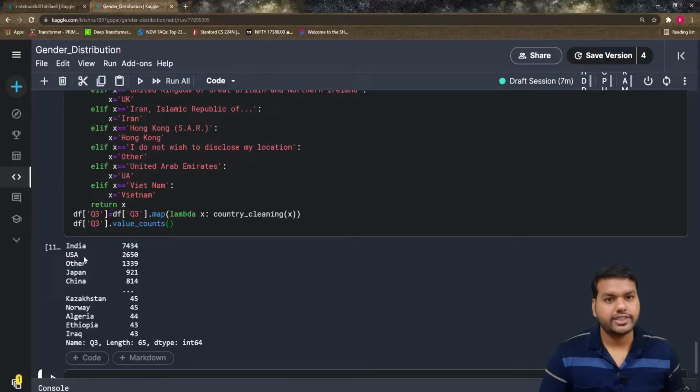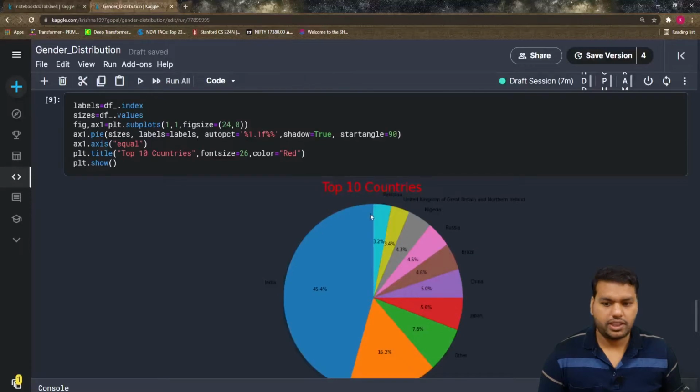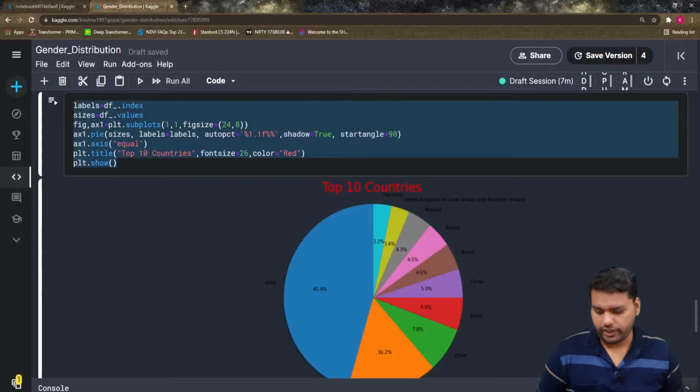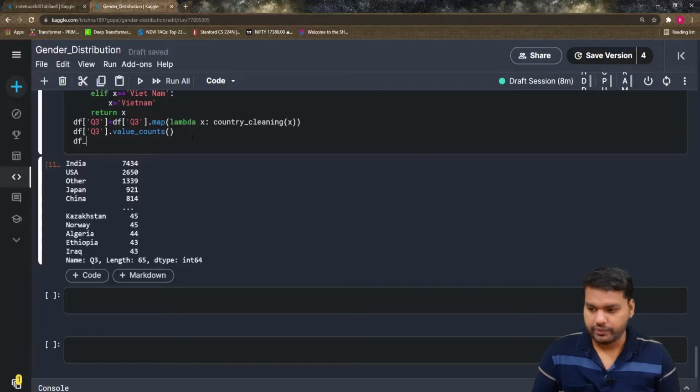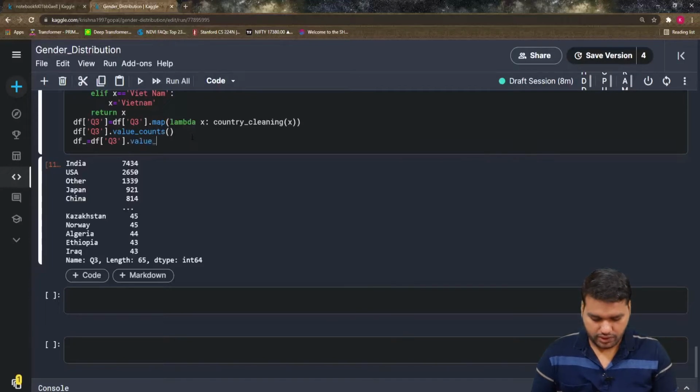Now we're going to draw the same pie chart which we already drew in the previous video, because in that pie chart the problem was that we had the longer country names. Now we have already truncated them. So let's see how the result will come. I'm going to define a new data frame, that is df is equal to df q3 dot value counts dot head, and how many values?